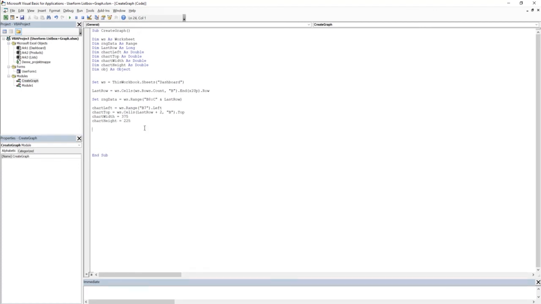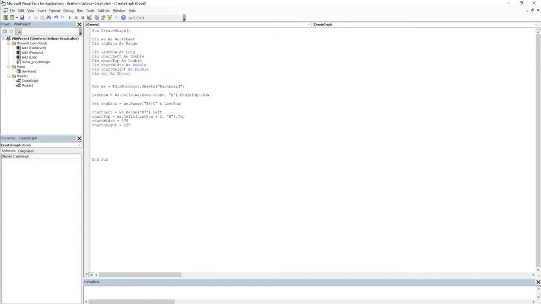225. So now we're gonna set the position, and I can see we are missing an object to be dimmed up here. So we're gonna write dim CHT chart as ChartObject. Like this. And now we're gonna set that. Set CHT chart equal ws chart object